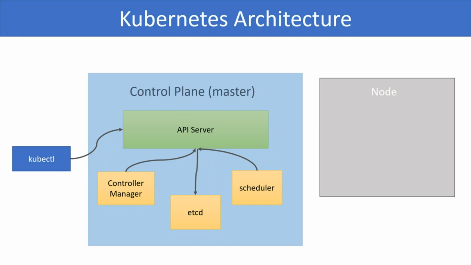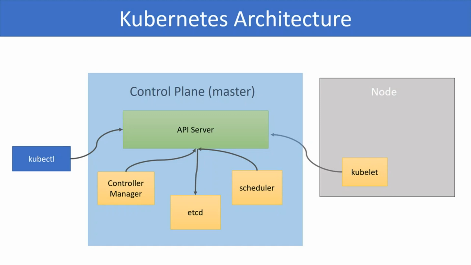Next, let's look at the components present in the nodes. Each node contains kubelet, container runtime, and the kubeproxy. A kubelet is responsible for running the containers that a user specifies. The fundamental unit of execution is called a pod. A pod contains one or more containers and volumes. The kubelet runs a pod based on a specification provided by the user. This specification is known as pod spec. The containers that the kubelet runs are isolated from each other and also from the host. It is the kubelet that ultimately decides what pod can or cannot run on a given node, and not the scheduler.